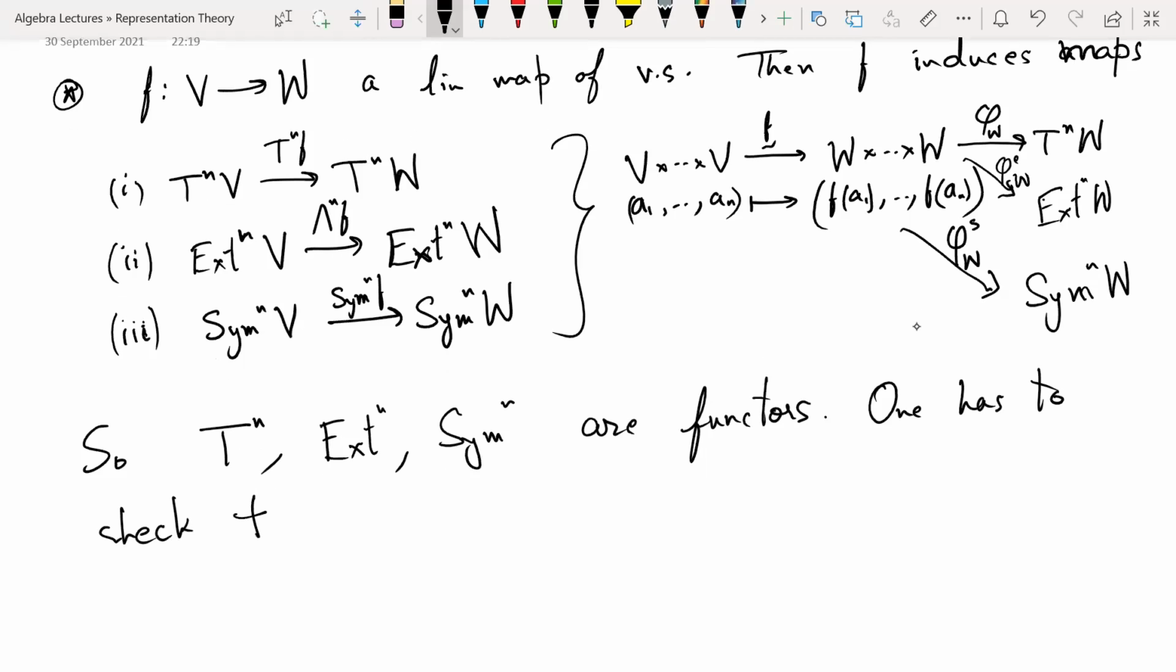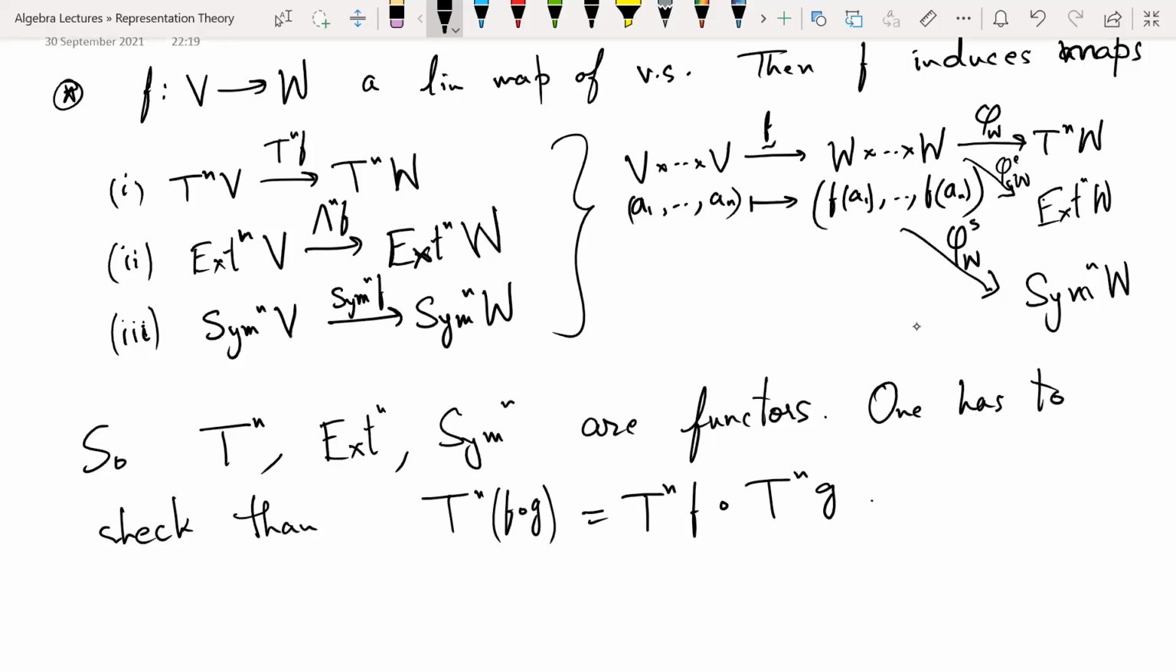T^n of f composed g. So if you have f and g, two linear maps such that you can compose them, then T^n of (f composed g) is the same as T^n of f composed T^n of g. And similarly for the other ones. Once you have checked this, those things are also clear. So you just verify this. This is not too difficult. Then in the language of functors, you can say that the T^n's are indeed